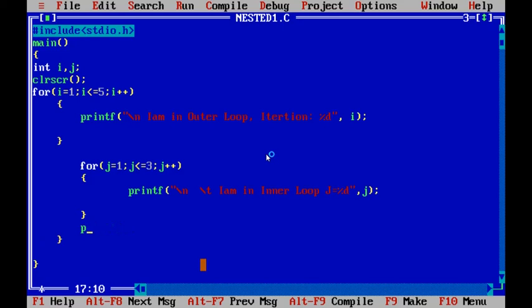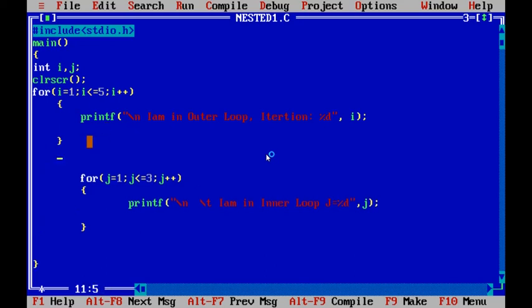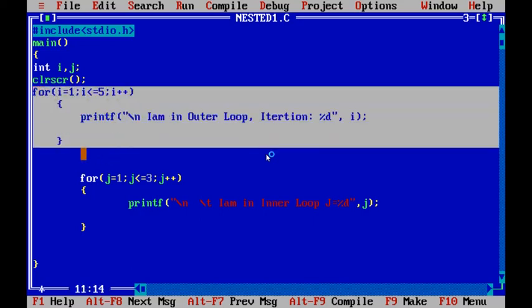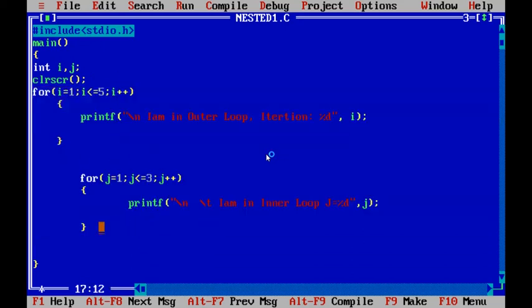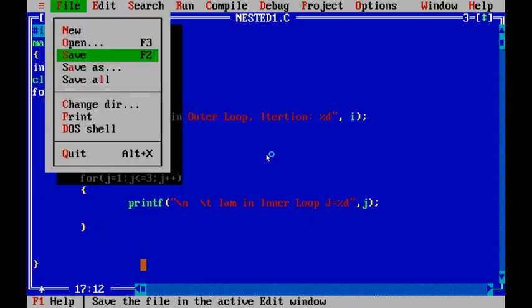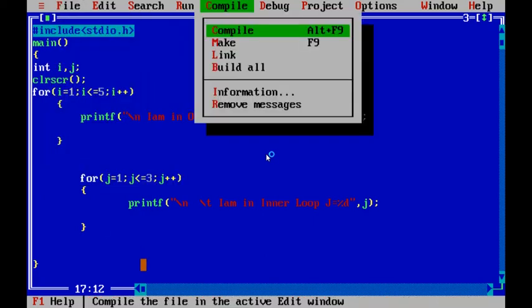If you wrote these loops separately, if you execute the same code, I am executing these two for loops separately. What is the output we will see? Here the first for loop, the range, here i value is 1 and i less than or equal to 5. The first for loop will execute 5 times. The second for loop will execute 3 times. Okay. Now we'll save the program, compile the program.